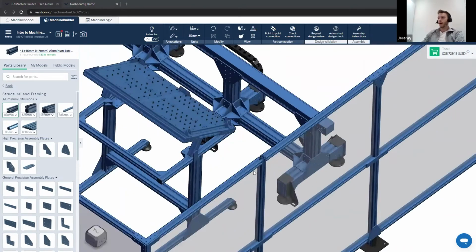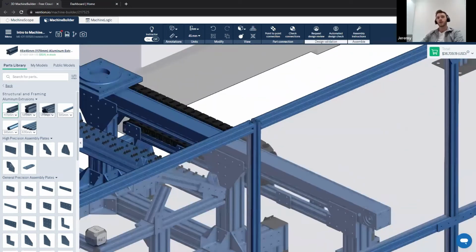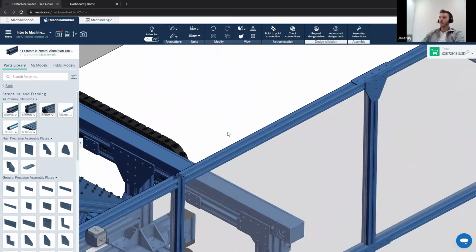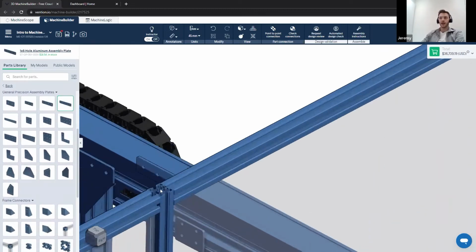So from there, moving on to the next portion, we'll be looking at one of the most used shortcuts in Vention's library, which is the ability to reinsert the last click part. So looking over here, I do notice that I'm missing two plates. I'm missing the 1x5 and a T plate over here. So I can scroll through my Vention library, find the part that I'm looking for, in this case, a 1x5 plate, click it and drag it into the